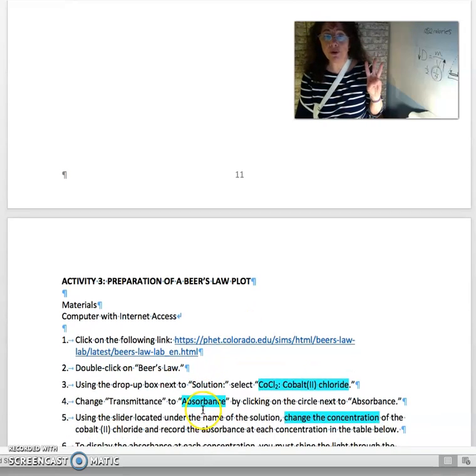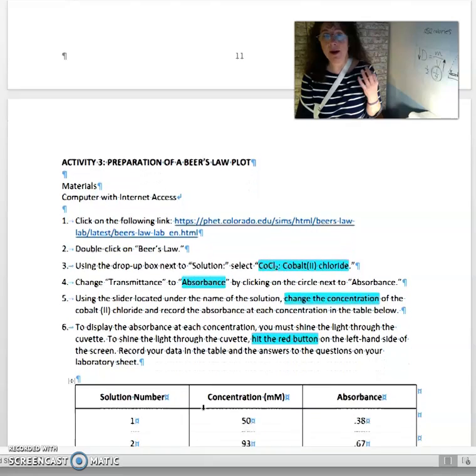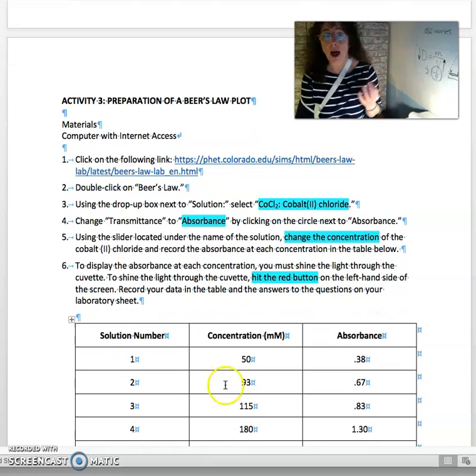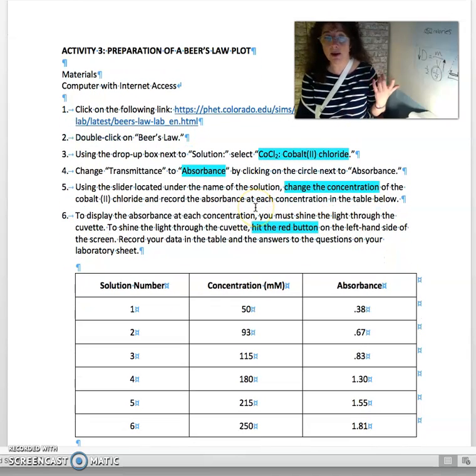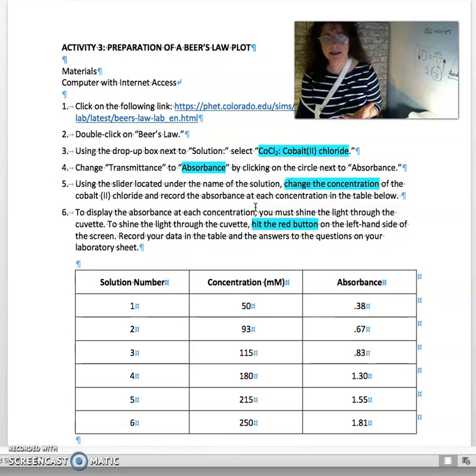And for your third activity, you're going to be preparing a Beer's law plot. You're going to be going to the Colorado EDU sims. They're great sims. I use them a lot for my meteorology and astronomy classes as well. You're going to be following these directions here to look at the compound, which is now known, of cobalt chloride, and you are going to be seeing the concentration of cobalt chloride in your